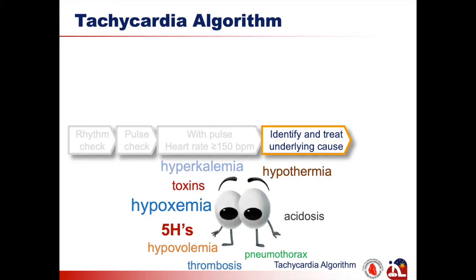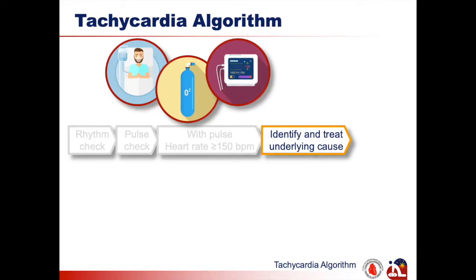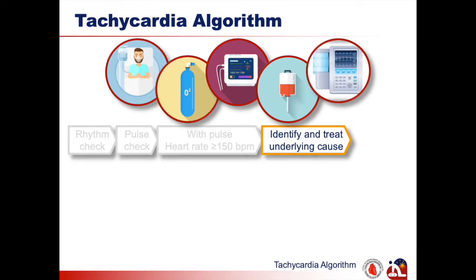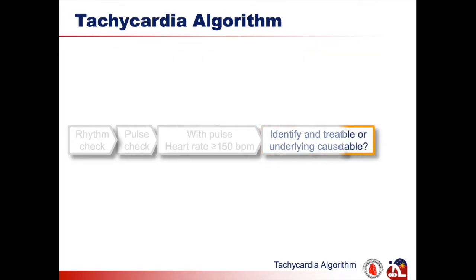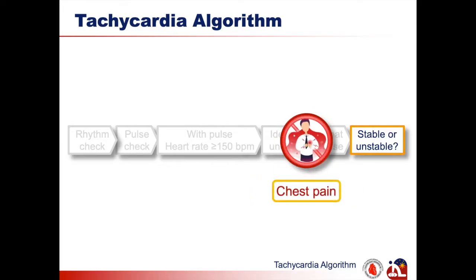It is important to assess breathing as necessary, and for cases of hypoxemia, you should maintain a patent airway and administer oxygen supplementation as needed. Cardiac monitoring is also a must, as well as establishing IV access, and if feasible, doing a 12-lead ECG. For tachycardic patients with a pulse, the next question that you should ask is whether the patient is stable or unstable. If the patient does not have hypotension, altered sensorium,